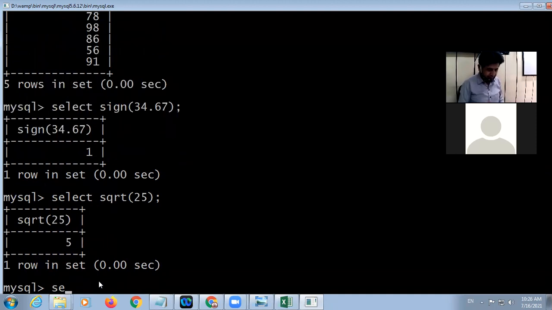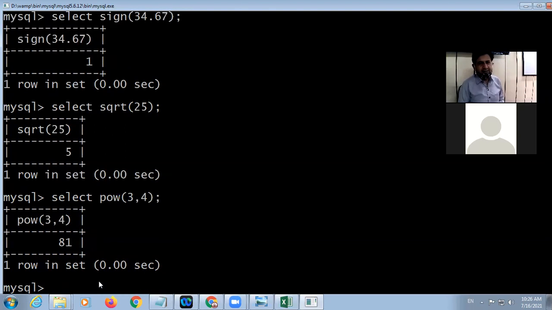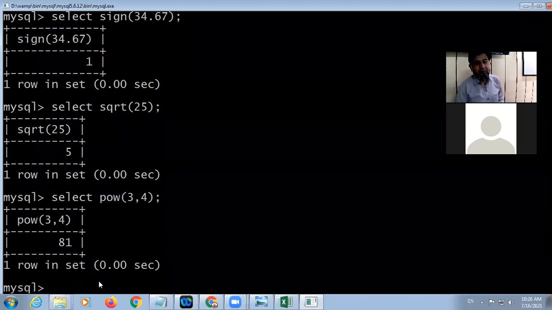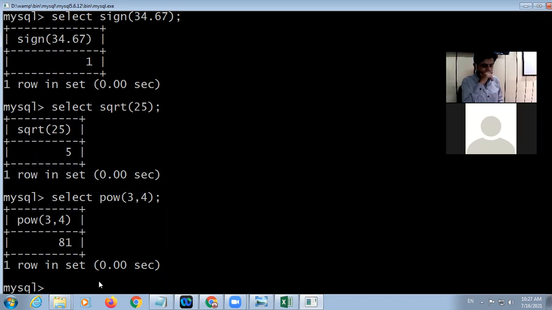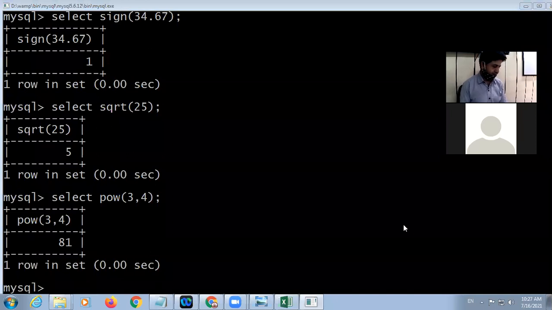We can apply select POW or power. We can use both POW or power. 3 power 4 means 3 into 3 into 3 into 3. Okay. So any doubt in this? Aditya, any doubt in this? No, sir.